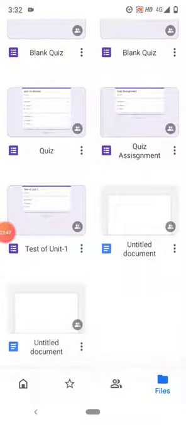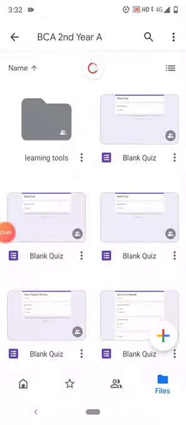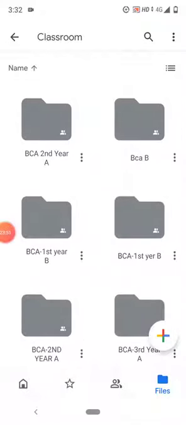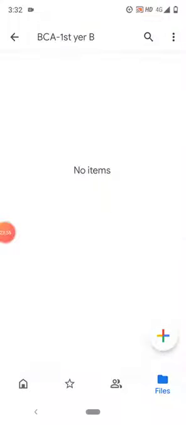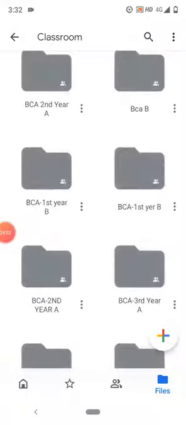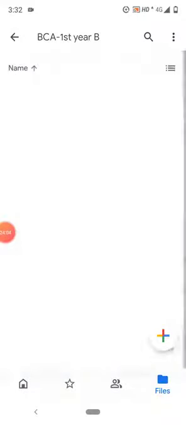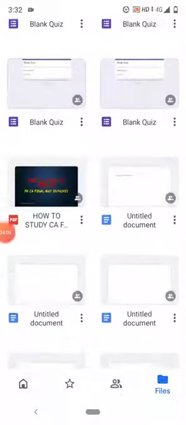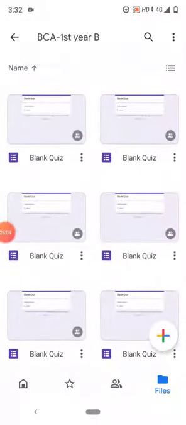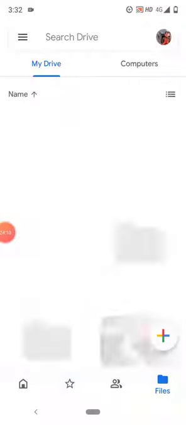All the materials you have shared so far, everything is in your BCA second year section A folder. Different folders have been created. So every material is here. In first year section B no material has been shared, so there is no item. Here in BCA first year section B, there is material. So all the material is here. So this is the wonderful feature of Google Classroom.